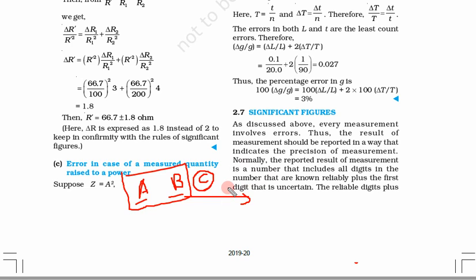So there are two things. A tells the particular location of that place, that I am on this square, or just in front of this shop. So A tells the particular address of that place, and B tells that our car number is.